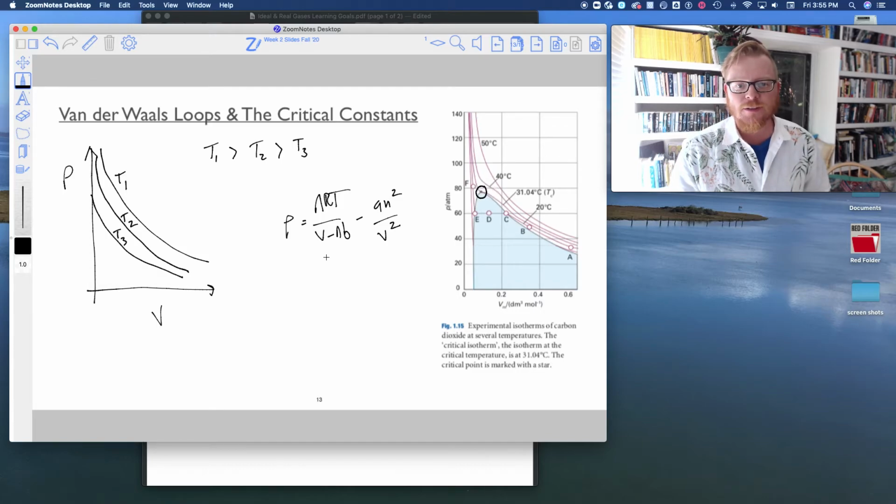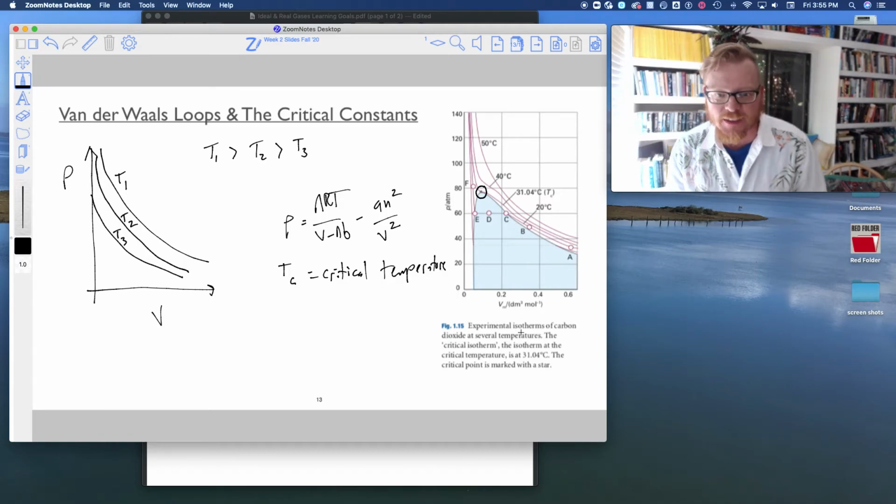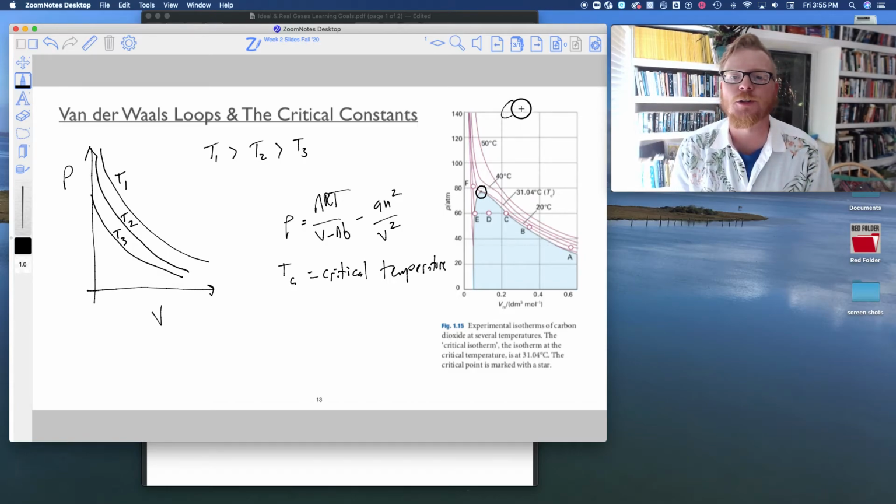Here it is. I'm going to call that Tc, equals the critical temperature. And that is where this molecule, in this case carbon dioxide, CO2, behaves differently. At that critical temperature, which in the case of carbon dioxide is 31.04 degrees Celsius,